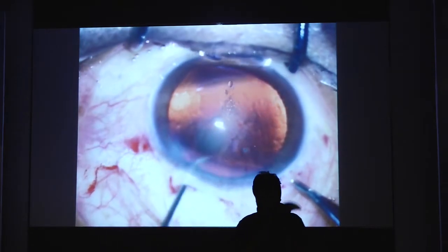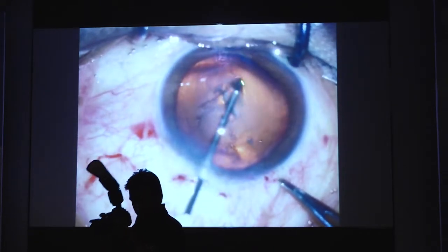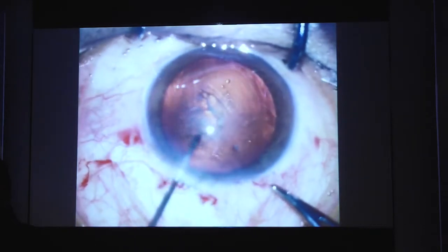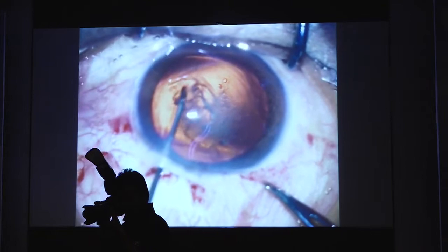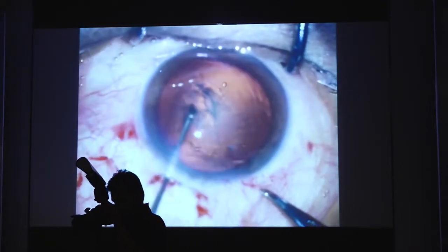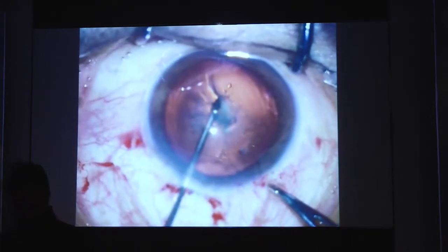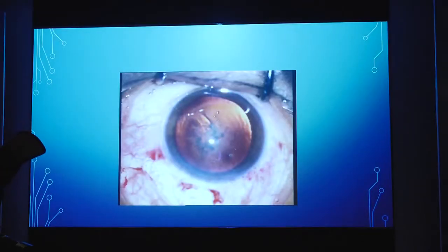So after that, this is a fully dilated pupil and a good glow. I am left-handed, so you can see the rexis being made, but it can be made with a needle, it can be made with Utrata forceps, and the beauty of SICS is that it can be done without a rexis. Of course, there is no two ways about making a good rexis, and a good rexis gives you